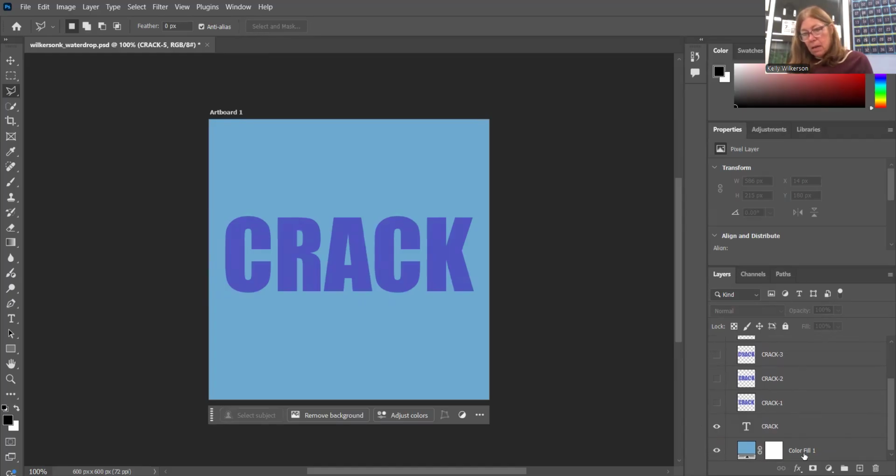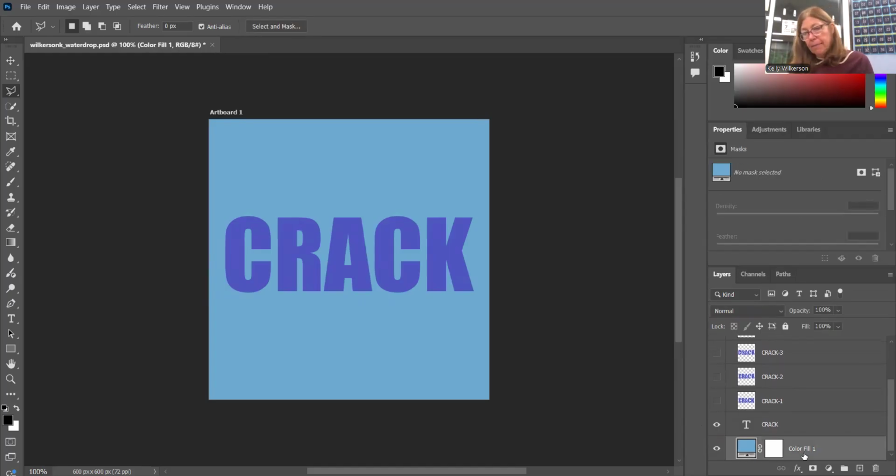And then I'm going to click on the color fill, okay? So important, look and see where the visibility is, look to see where I have highlighted it. Here it is, okay? So the first thing I'm going to do is I'm going to create a lightning bolt,